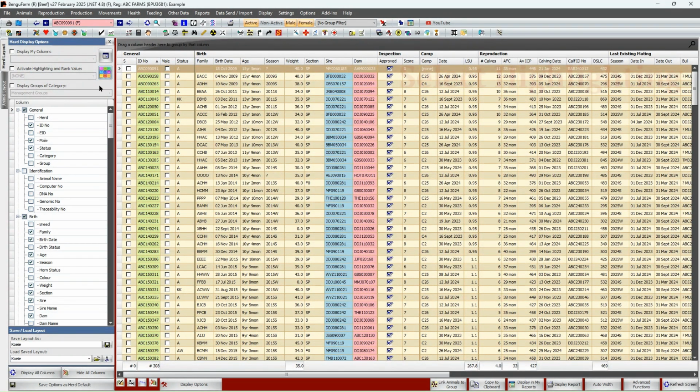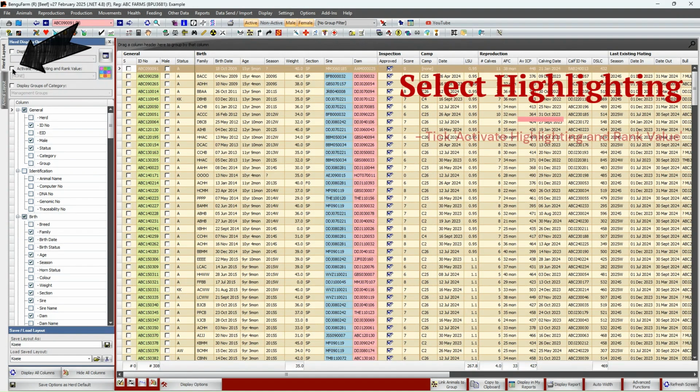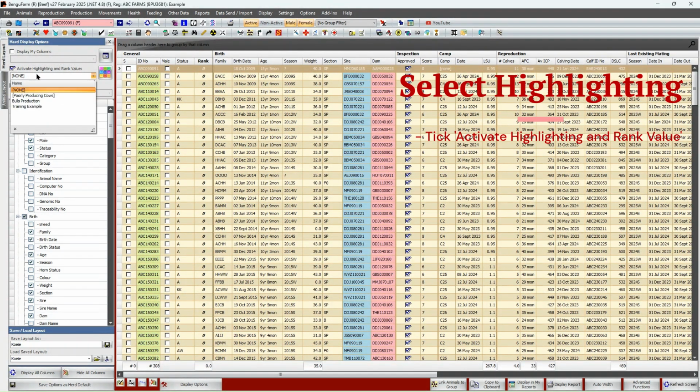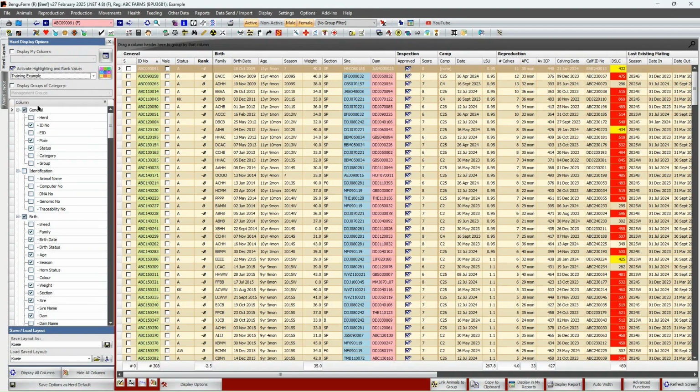So now to select that herd highlighting, I will go on Activate Highlighting and Rank Values. And now I'm going to select my training example view that I set up.